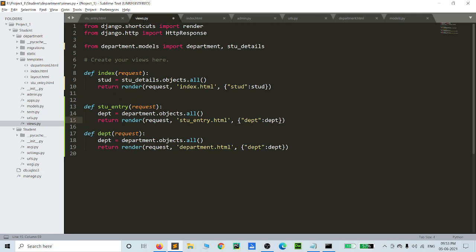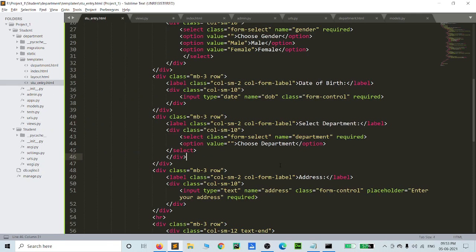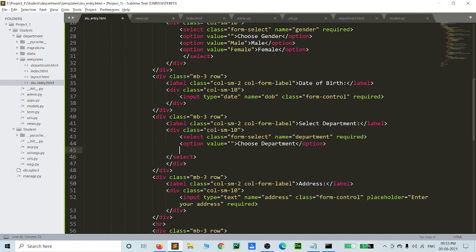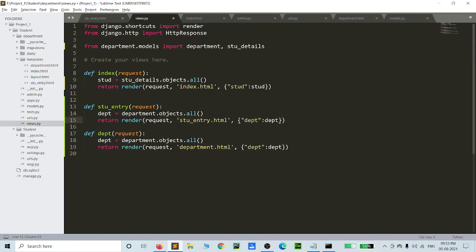Then come to your student entry form here. Now we go to the for loop section, because now they fetch the department files. I can write it like that, dft, whatever name is given here, dft.